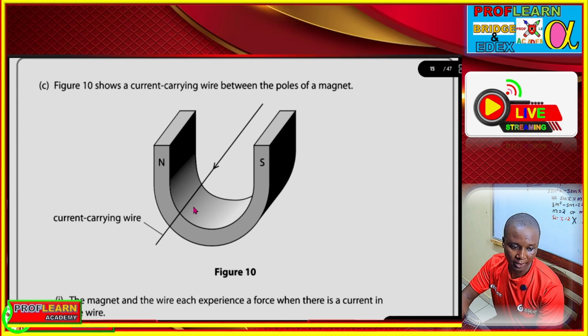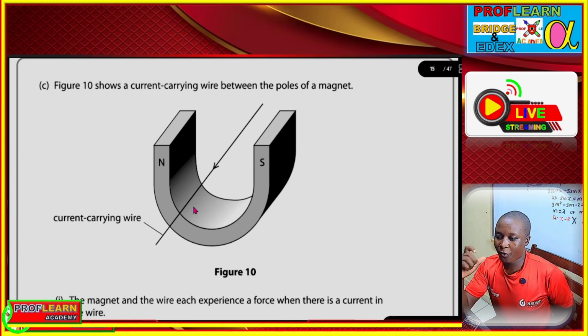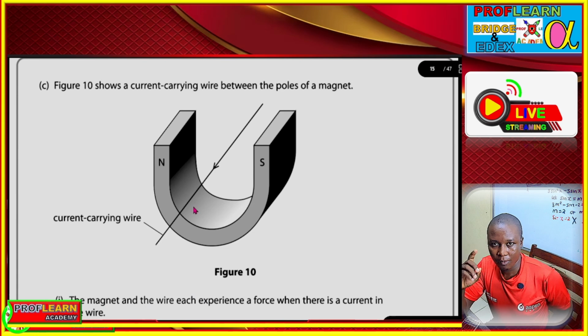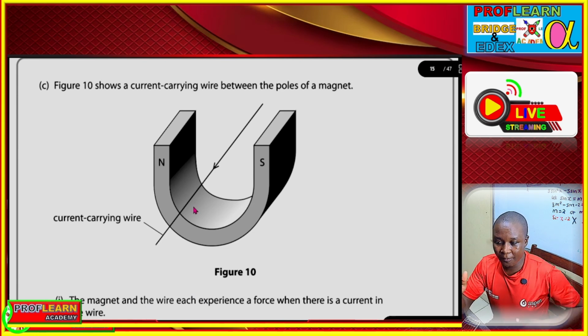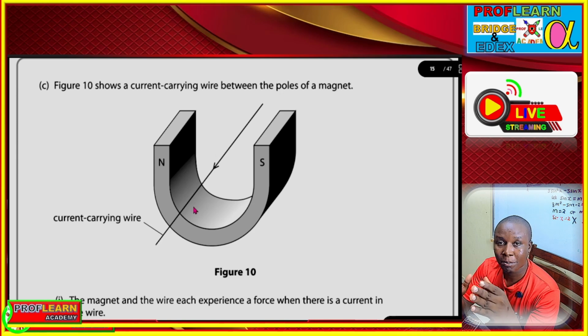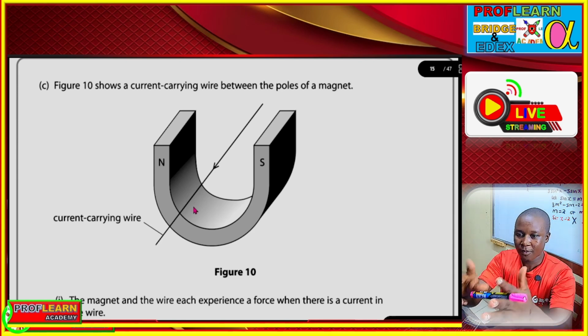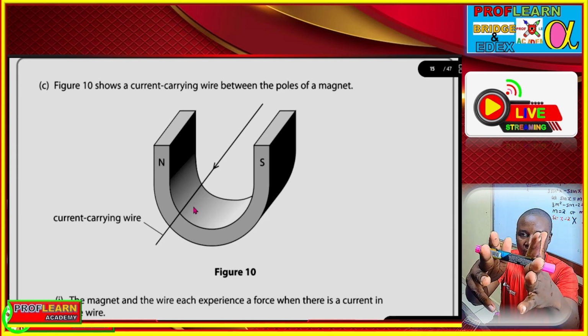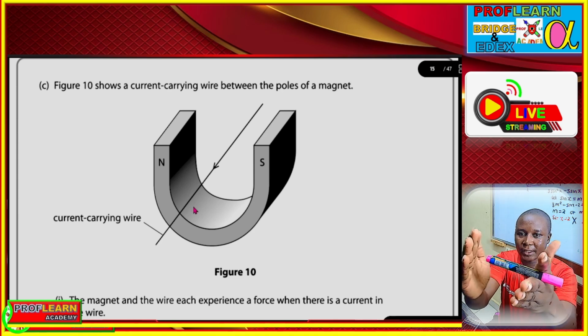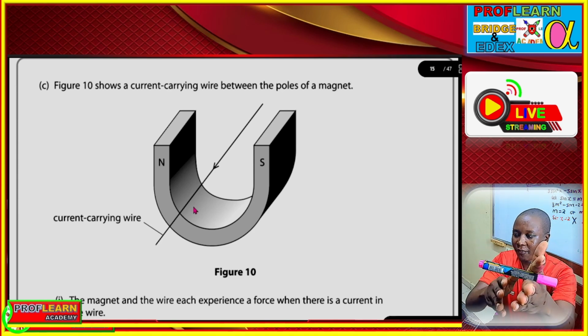the poles of the magnet. So if you have current flowing through a conductor, and that particular conductor is placed between two magnetic fields, or the conductor is placed within the magnetic field. Let me just use this. If I'm having this conductor here, and between this conductor there are magnetic fields,